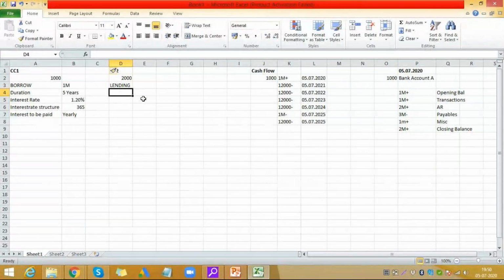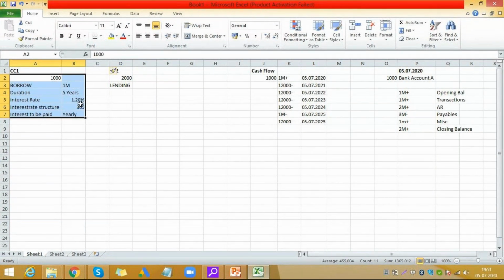But when you create a deal, we set up the configuration in such a way that this 2000 deal gets auto created. So if I create a deal of 1 million borrowing with company code 1000, the lending of 1 million for company code 2000 gets auto created in the system, and it's called a mirrored transaction.